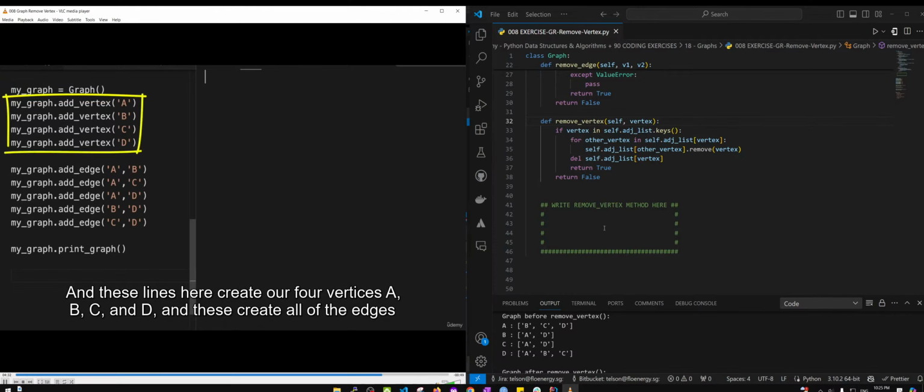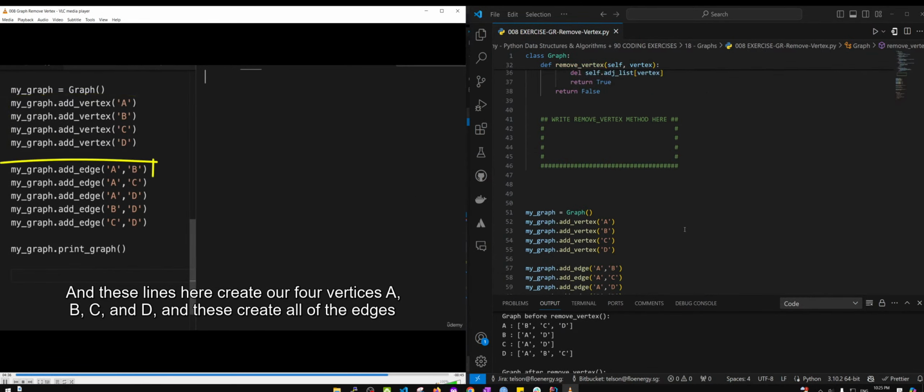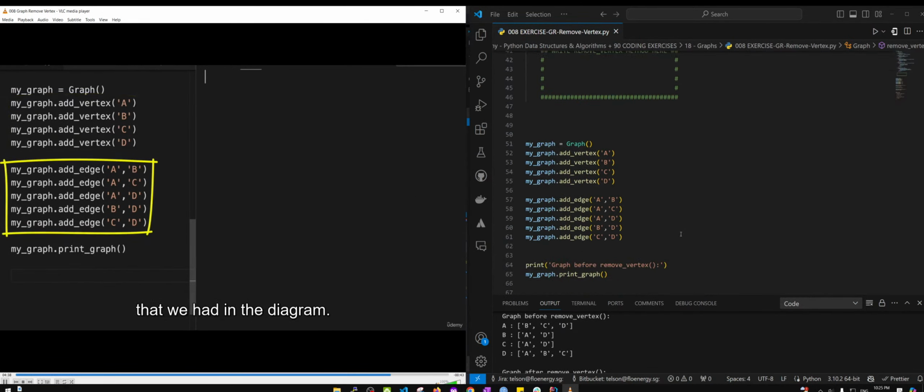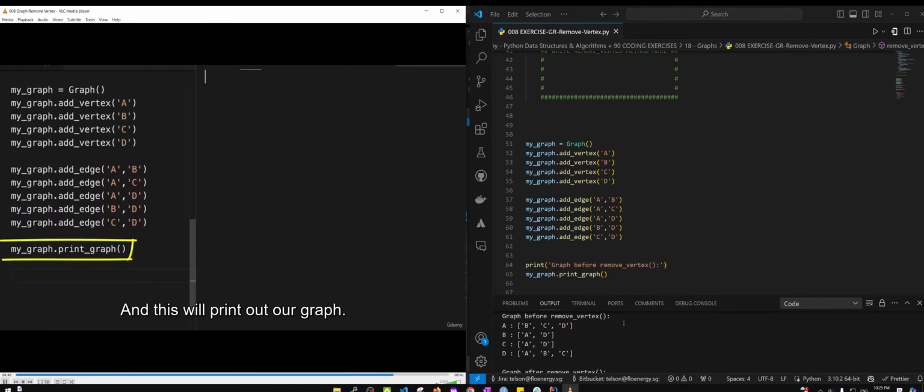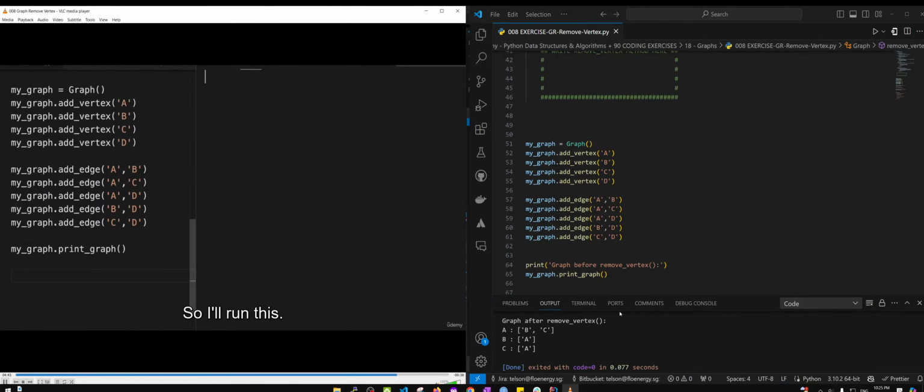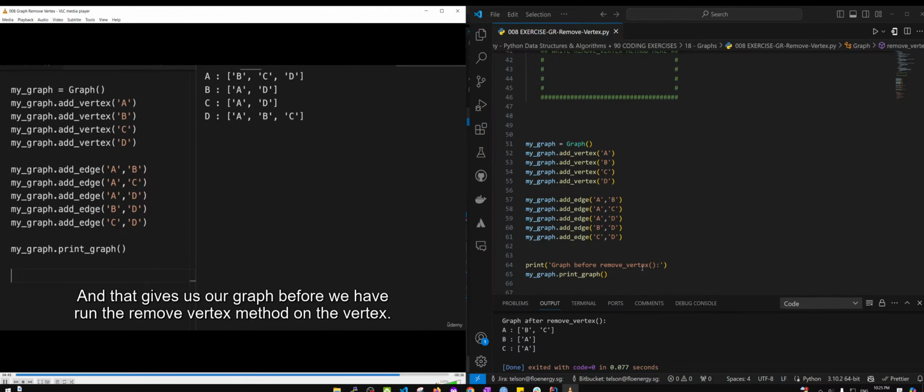And these lines here create our 4 vertices, A, B, C, and D. And these create all of the edges that we had in the diagram. And this will print out our graph. So I'll run this. And that gives us our graph before we have run the remove vertex method on the